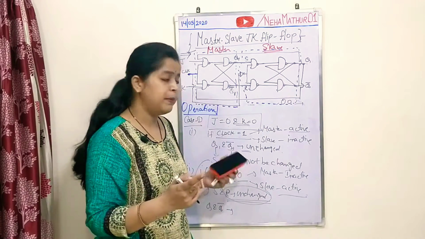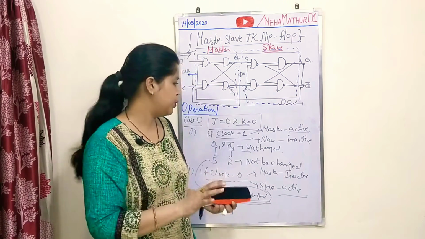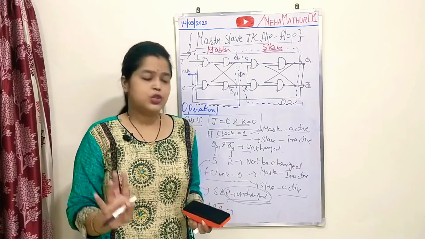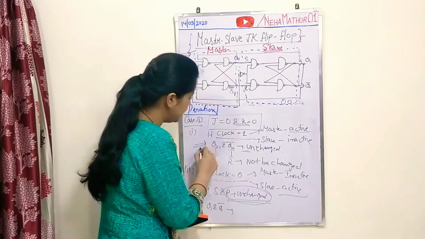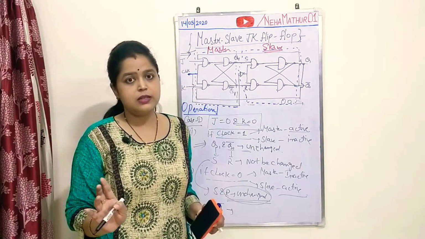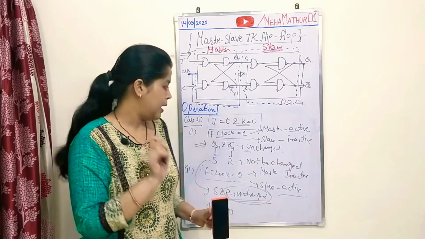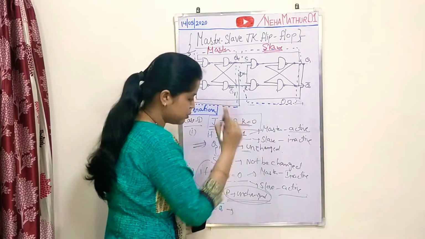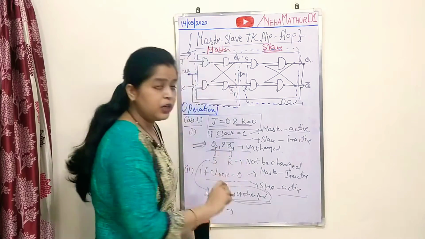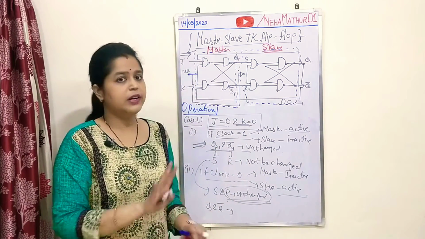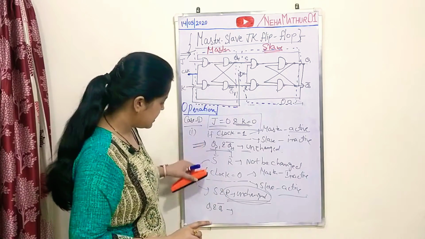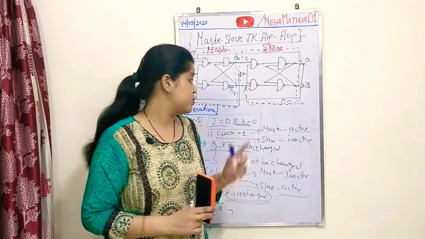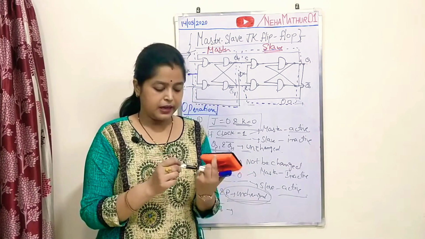I am not repeating the logic again because I already told you the complete logic of the JK flip flop in that video. So if you want to learn that, you can follow that video to understand the concept of the JK flip flop. Here I am only using that for J equal to 0 and K equal to 0: the output will depend on its previous value, or it will not change. So this is the main concept for J equal to 0 and K equal to 0. Now come to the second case.